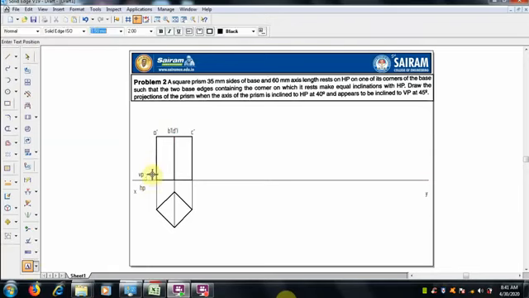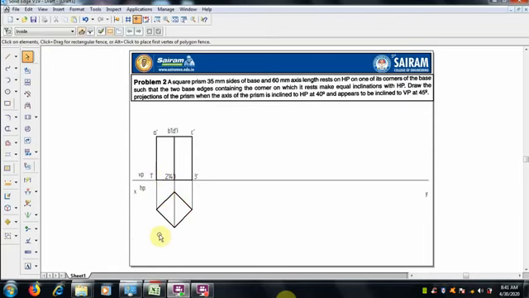At the bottom face you can see A dash is directly connected to 1 dash, B dash to 2 dash, the back one D dash to 4 dash, and C dash to 3 dash. We can move nearby, so one corner, that is 2 and 4, here the 3. I hope you can imagine that.